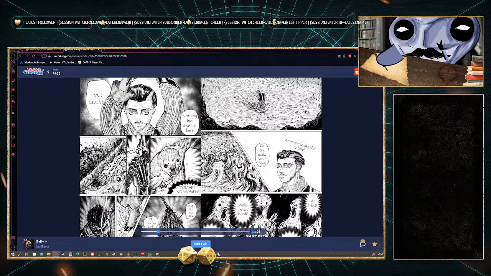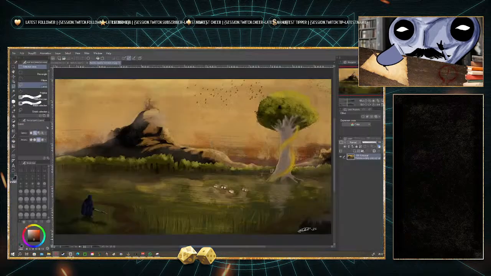The black and white design is solid. Yeah, of course I'm better at drawing black and white, but as I said, I'm trying to get better at coloring too, because I like